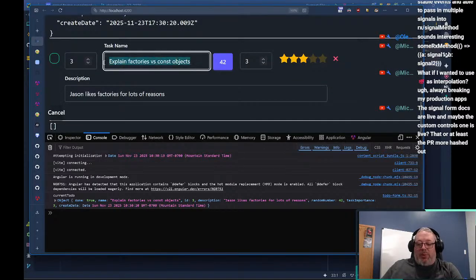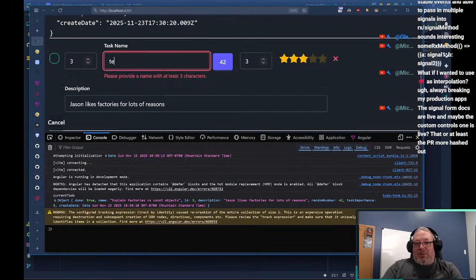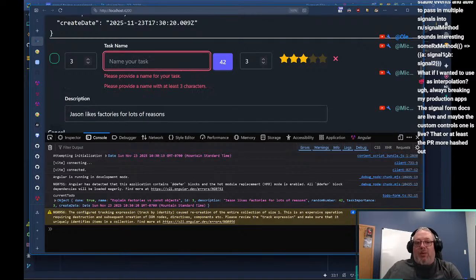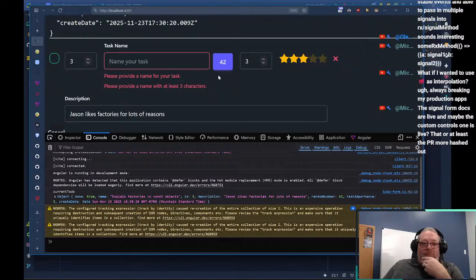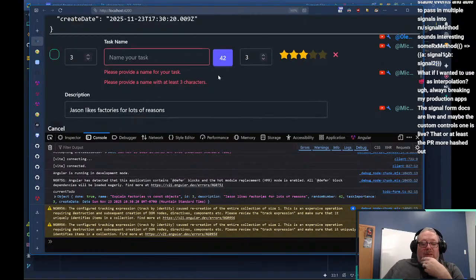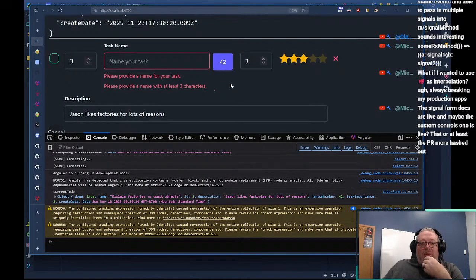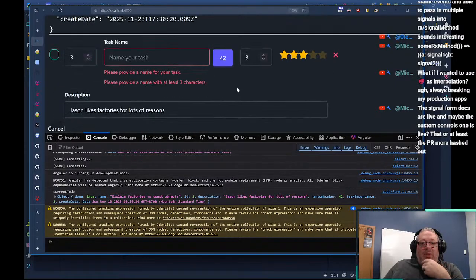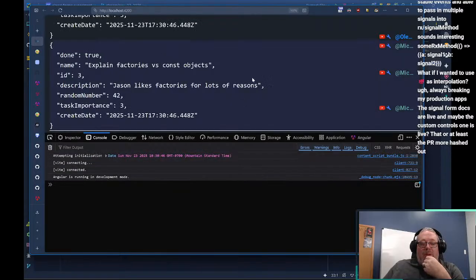And we can see this input still works. We're still getting the errors. Everything's still bound. So this all works. Yeah, that all works. So we're all in a good state here.